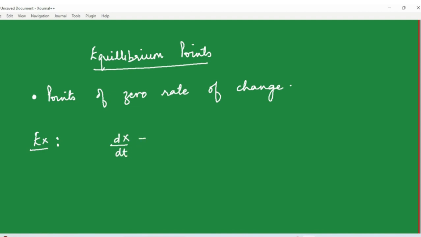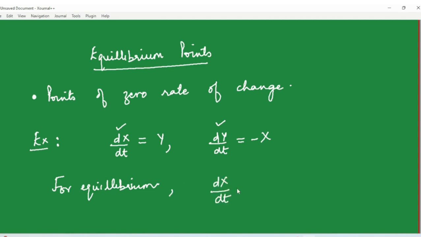Suppose there is a model which is given by, let's say, dx by dt equal to y and dy by dt equal to minus x. Suppose this is the coupled system given to us and we are expected to find out the equilibrium points of this system. Now for equilibrium, we just need to understand that equilibrium means those positions where the rate of change is zero. Now since there are two rates involved in this system, so for equilibrium we'll be looking for those ordered pairs x comma y such that dx by dt and dy by dt, both of them are zero at